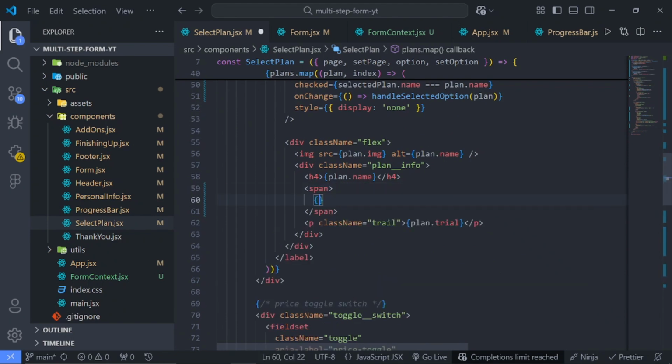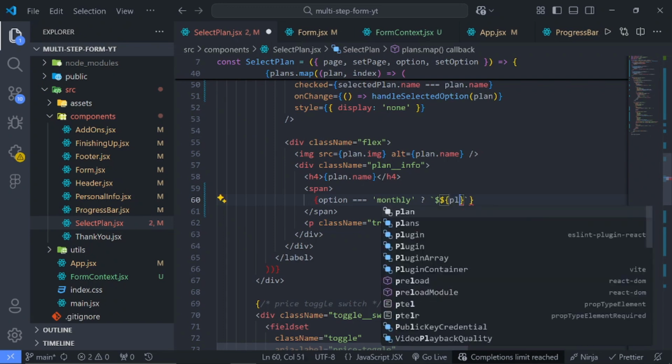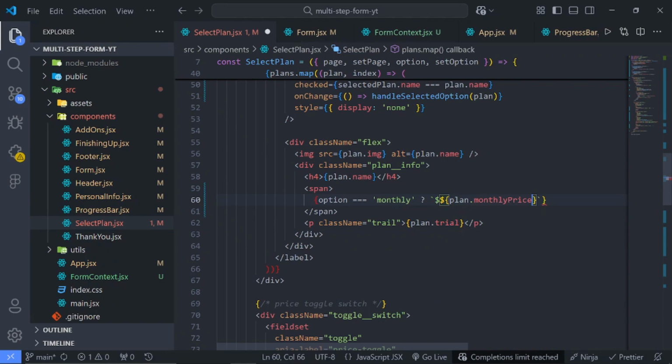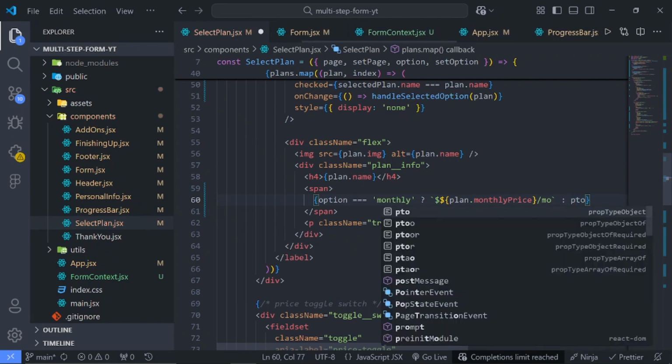I will say if the option is equals to monthly, can spell monthly again, then we want to append, so this should be $, and we'll add another $ sign again, so $2, and this will be plan dot monthly price slash mo. And we also want to check if the option